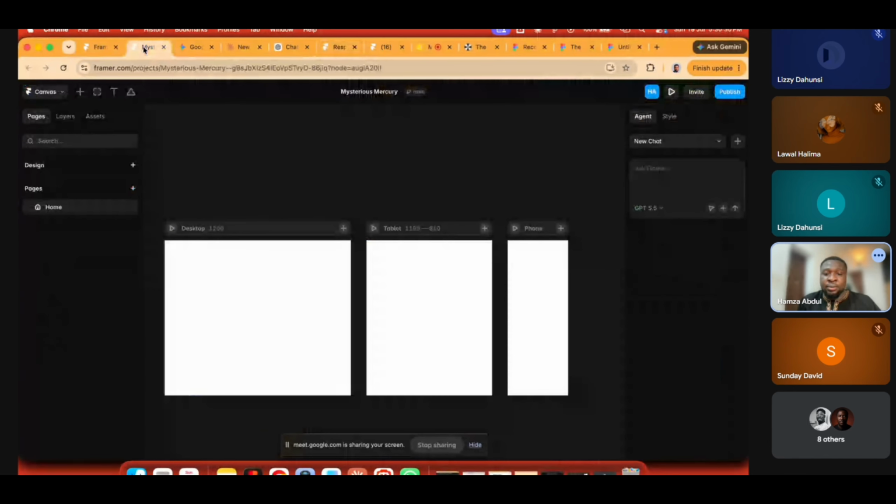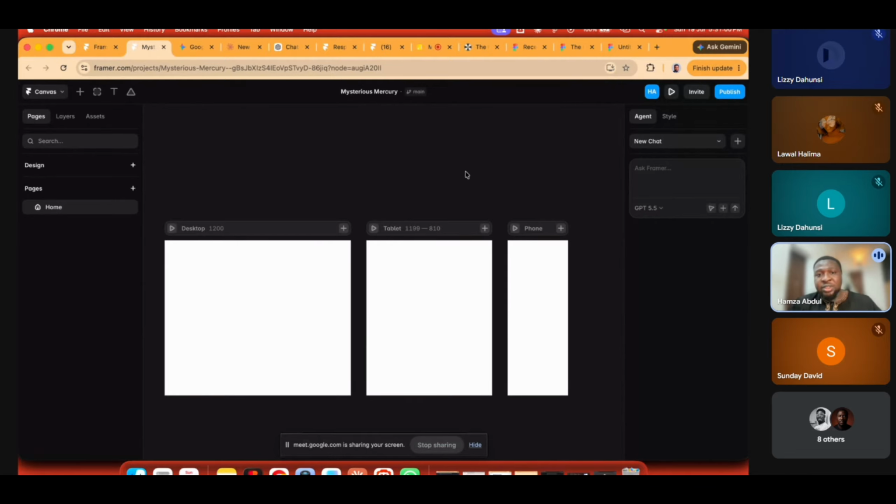So now let's look at the Framer itself. I'm going to tell you how you can market yourself, how you can find clients, how you can go about it. It's going to be very difficult, but it is not impossible. People are making millions. About 3 weeks ago, a couple of guys crossed $1 million on Contra. I'm going to show you guys Contra later, so you can go and create an account there and be using it. But let's look at the Figma canvas.